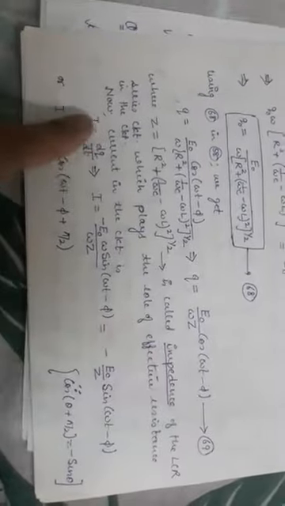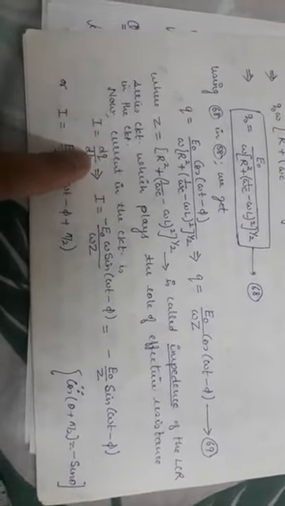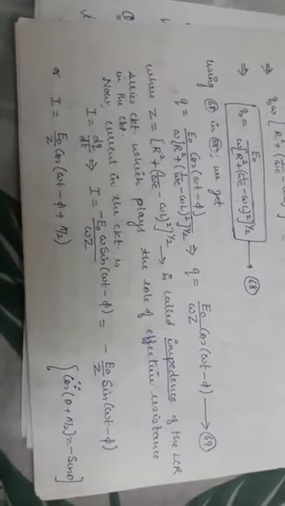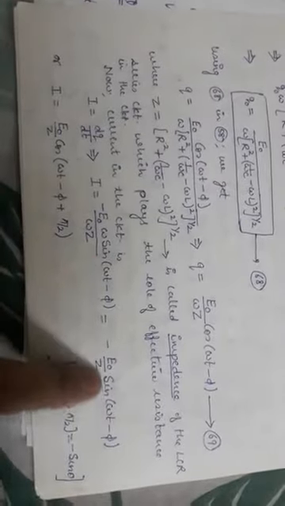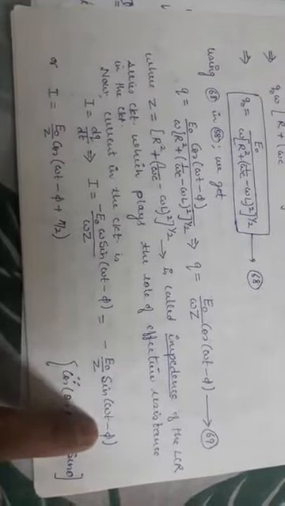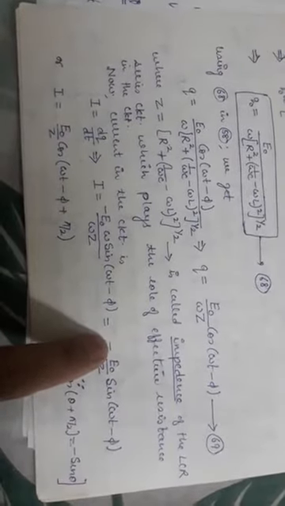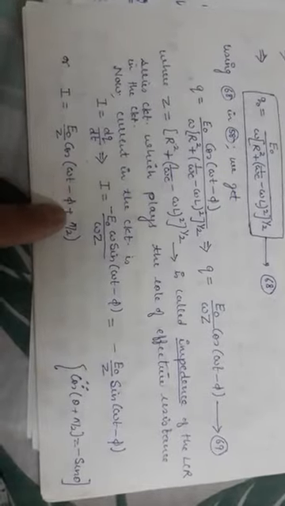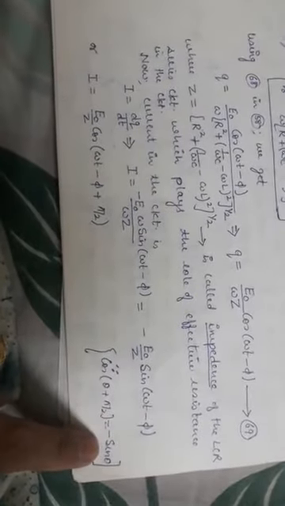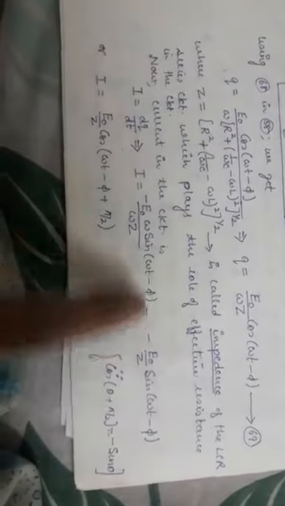Now from here I can find out I, which is dq upon dt. So differentiate this equation with respect to t on both sides. I'll get I, which is the current in the circuit. Immediately I'll get this type of equation. So sine with the negative sign, omega t minus phi, I can omit this negative sign by writing this expression as cos omega t minus phi plus pi by 2, because you already know that cos pi by 2 plus theta is always minus sin theta. So I have used this expression in this form.